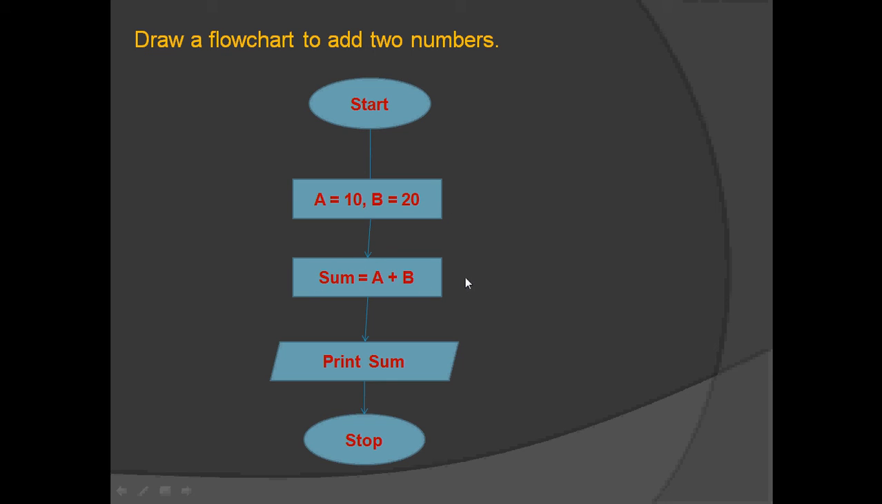There is no need to test is A greater than B or is B greater than A, like that. Just you need to accept from the keyboard, apply the formula, and then print the output, that is print sum, and then after that you just need to stop. So this is one of the shortest and easiest flowcharts. All right,